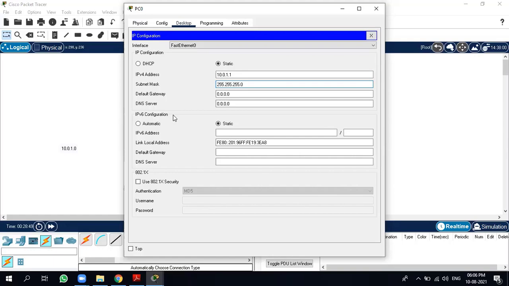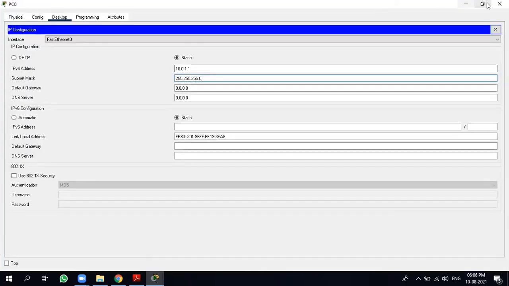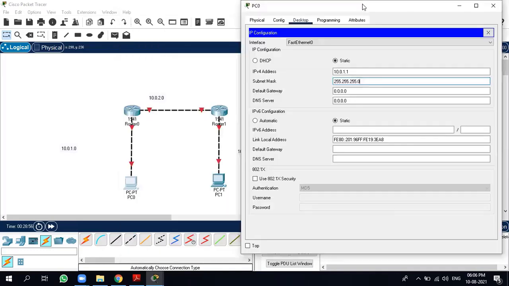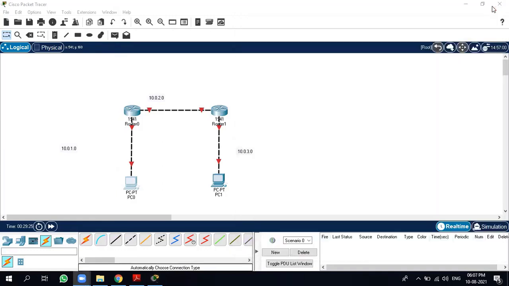Basically default gateway is nothing but the router in that particular network. So here in our case, we have router 0 in this network. So this router 0 would be the default gateway for PC0, which means the IP address of router 0 would be the default gateway. I have not yet assigned any IP address to router 0, but still I will assign the default gateway here. Later on I will provide the same IP address to my router. So 10.0.1.2 would be my default gateway. Now close this. Configure the router for the same network.